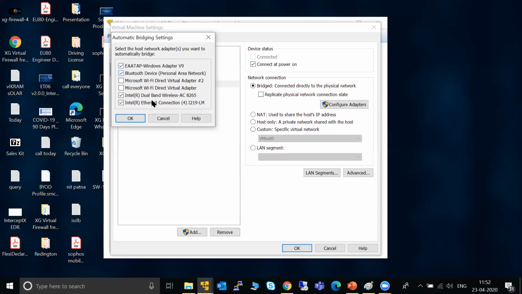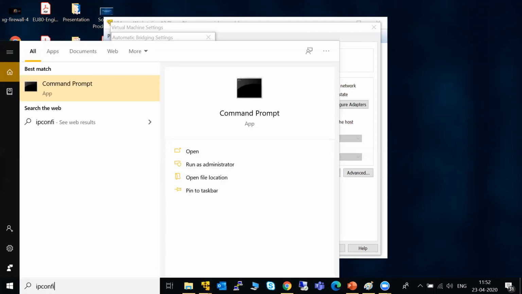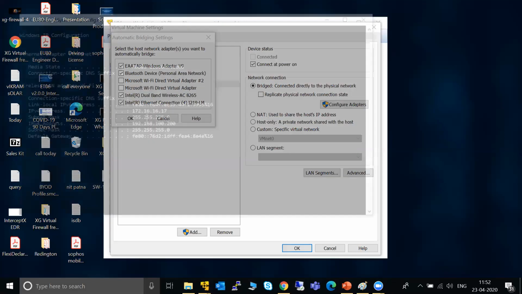So normally these two are working, because Bluetooth is not something I'm utilizing. I am using the wireless part, and there is no Ethernet connection in my PC. As you can see, this is only the wireless part. It is connected to my Airtel hotspot. So if you want to see my IP, ipconfig, normally what it does. Sorry.